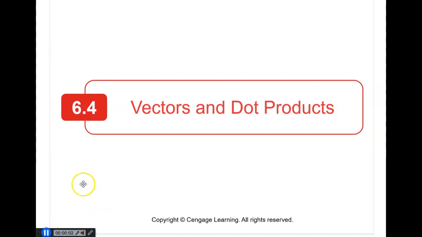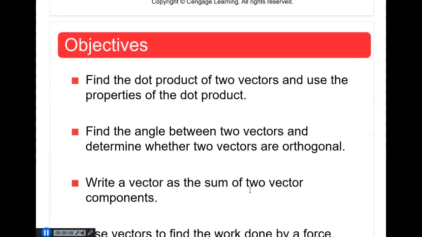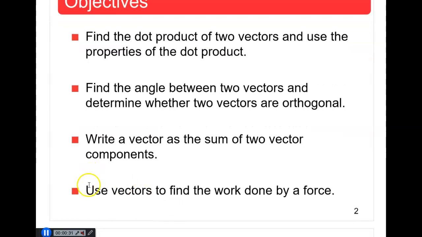This video will cover section 6.4, vectors and dot products. The objectives for this section are to find the dot product of two vectors and use the properties of the dot product. Also to find the angle between two vectors and determine whether two vectors are orthogonal. Write a vector as the sum of two vector components, and the last one, use vectors to find the work